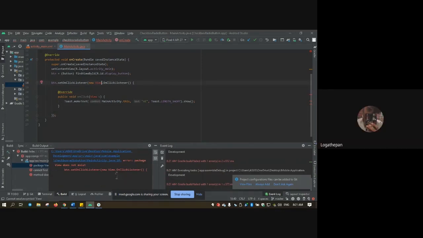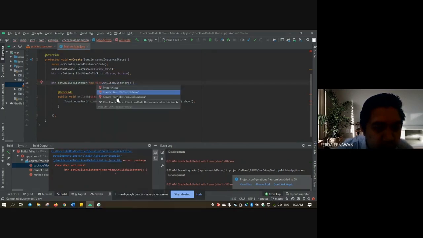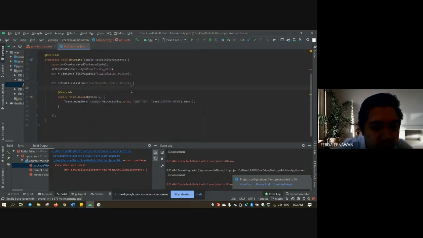But still, View does not exist. Can you type line 17? Sorry, you can click line 18, click view. Why is it red here? Import class. And then Alt Enter again, one more.